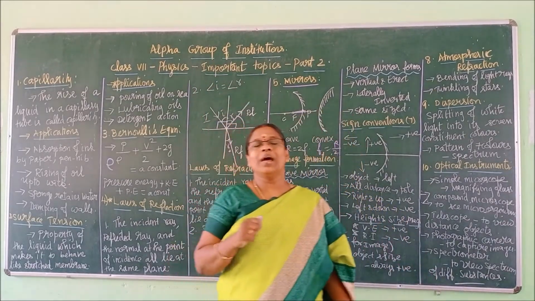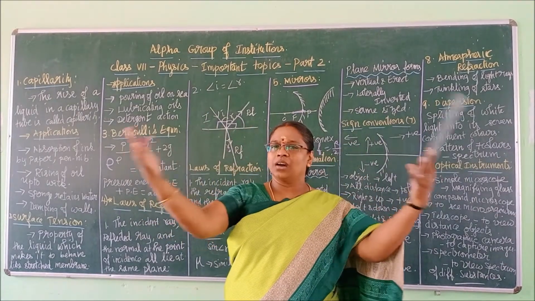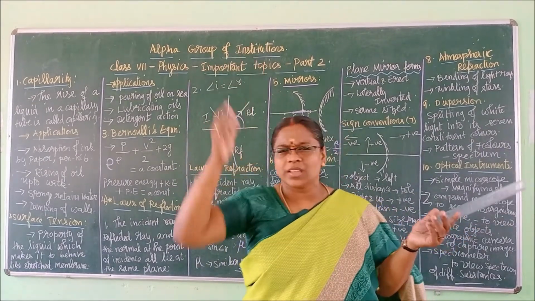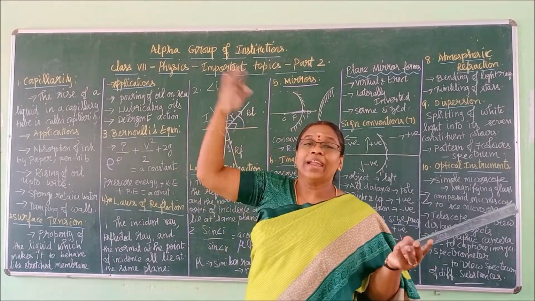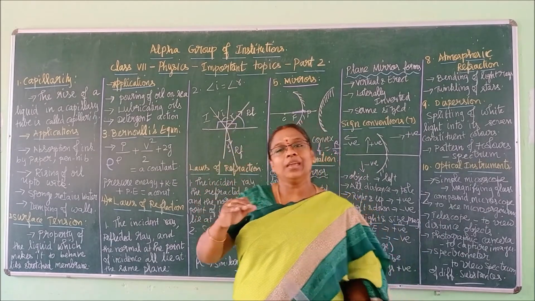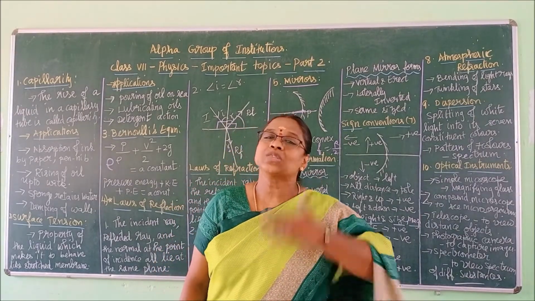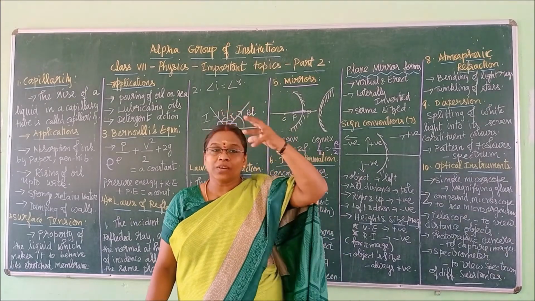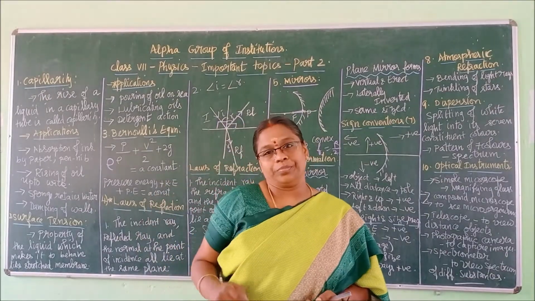For example, you will learn this in social science, right? The earth contains so many layers, starting from the troposphere, stratosphere, ionosphere, exosphere. So many layers you will learn. Light from the sun will travel through many layers, and these layers act like one medium. I told you what a medium is, right? The place where the light travels is called a medium. When the light travels through different mediums from the sun to the earth, it will bend, right?